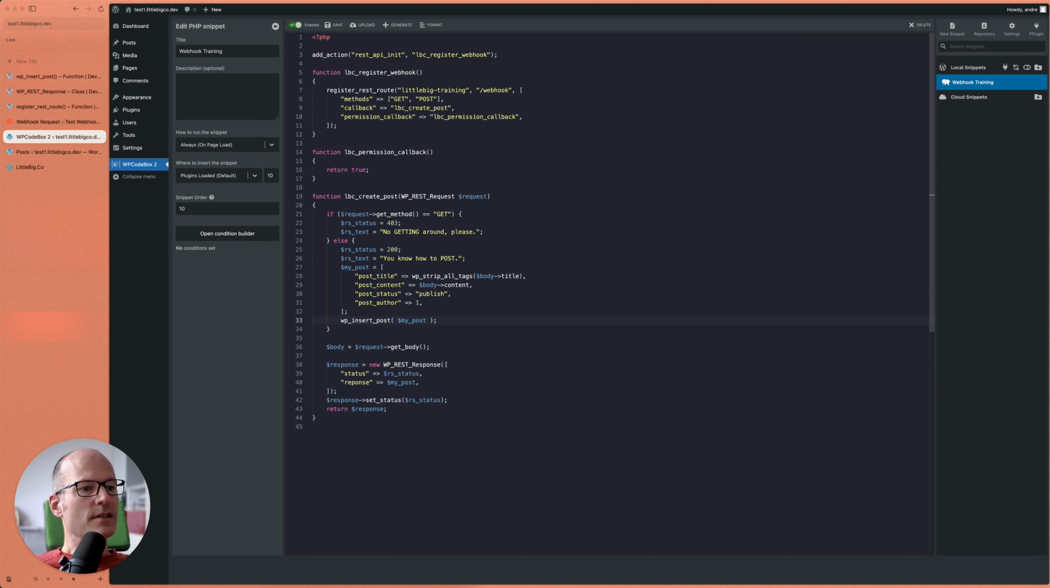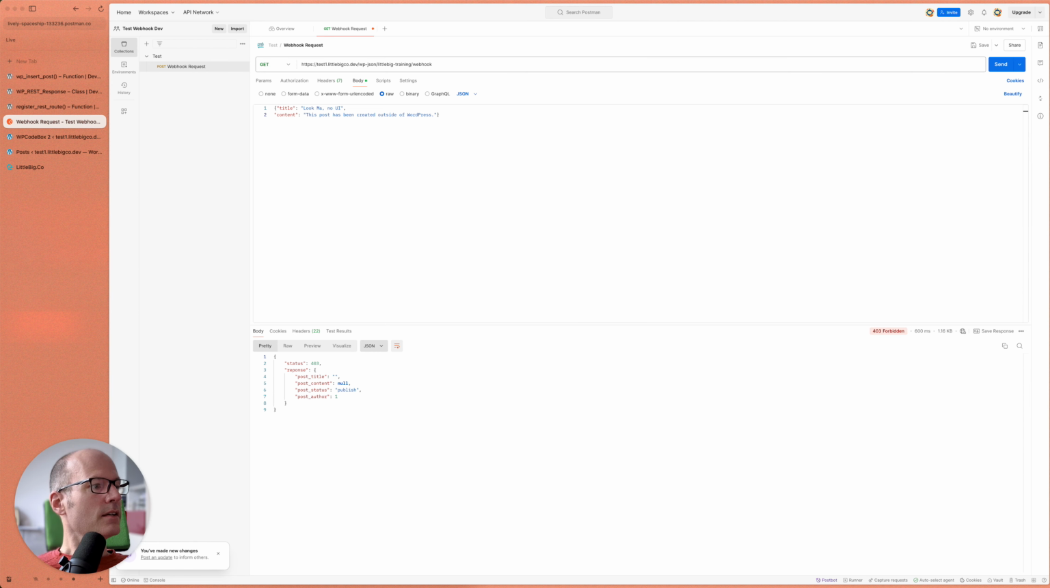So the function lbc create post first checks if the method is get or not get. If it's post, then we set the status to 200, set a message that everything is fine, set an array for the post, and insert the post into WordPress. So this time, once someone uses the post function and posts something, the response is null, because we did not yet define it. If we post it,